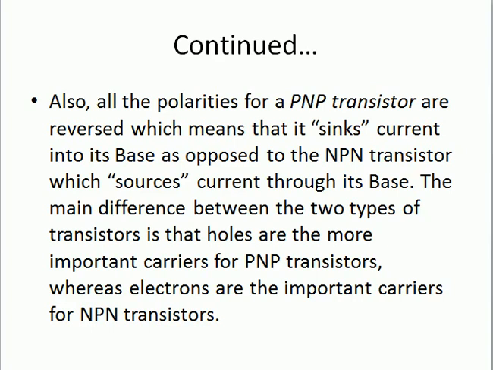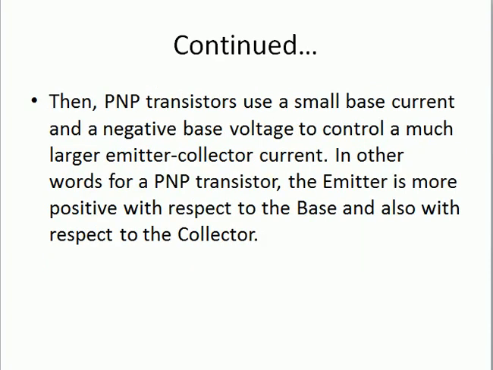Now in the case of PNP, the emitter is positive, and when it is positive, it means holes are flowing in it. So in PNP, the holes flow. There is current because of the holes. This is the major and very big difference between the NPN and PNP transistor. And because of this property, we call the transistor a BJT, bipolar junction transistor. Why so? Because in the transistor, current flows because of two types of charge carriers: one is the hole and the other one is the electron.